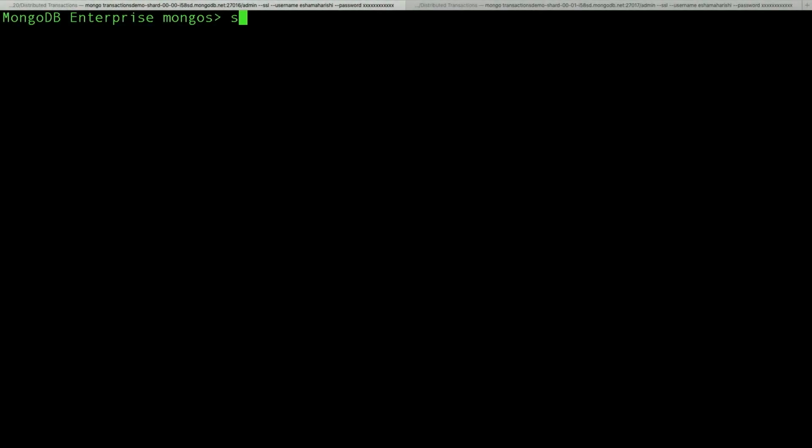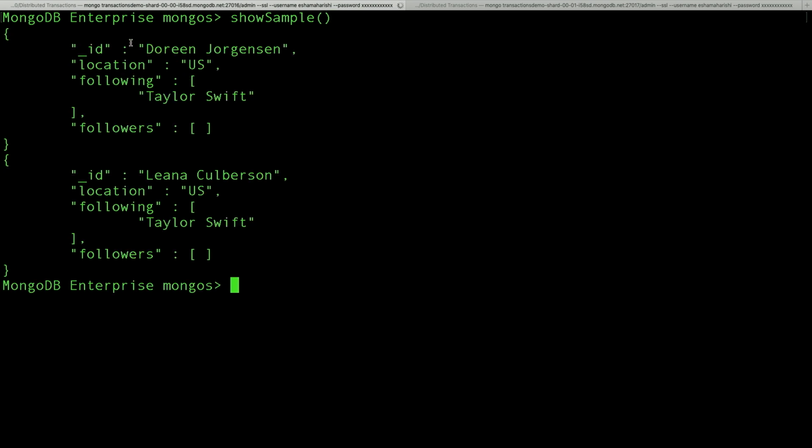I want to show you some of the enhancements we made to transactions in 4.2 in action. So we're going to talk about distributed transactions, large transactions, and changing a document's shard key. I have this cluster on Atlas. It has one shard in North America and one shard near Australia. Throughout the demo, I'm going to be using an example of an Instagram-like application. I have a collection where every document has a user, who that user is following, and who's following them. The collection is sharded on the location field so that each user's document is located on the shard closest to